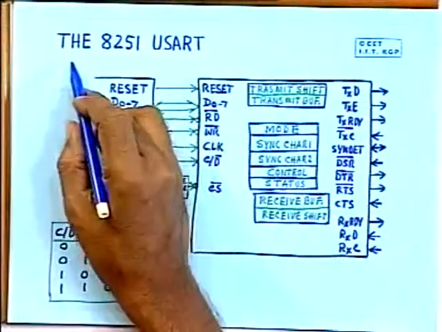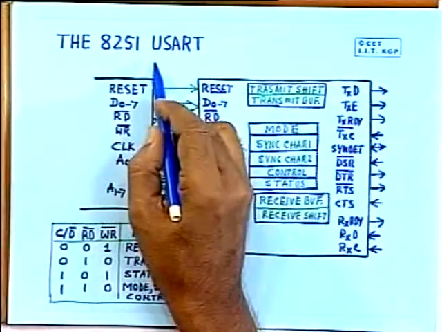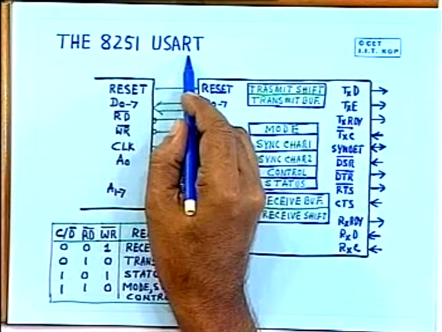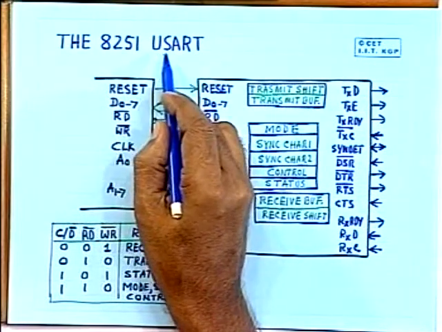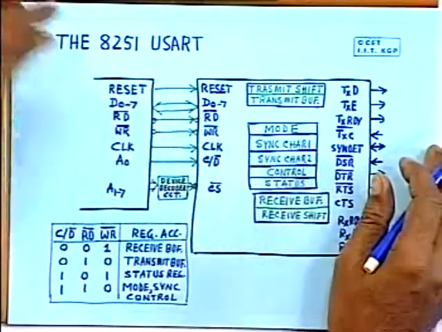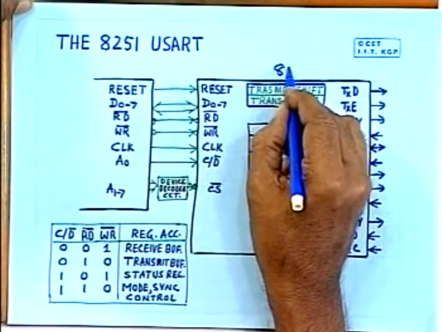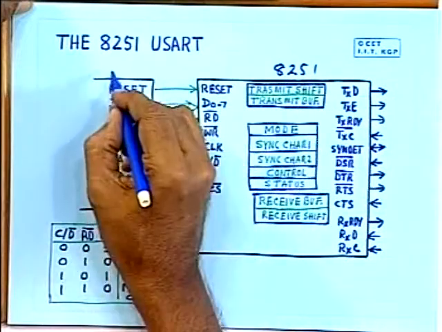And obviously implementing this interface is not very easy without some support, and so another programmable I/O chip has been used for that purpose. That programmable I/O chip is known as the 8251 USART. USART stands for Universal Synchronous Asynchronous Receive Transmit Device. So this is another special purpose programmable I/O device, and how this 8251 is interfaced to the microprocessor